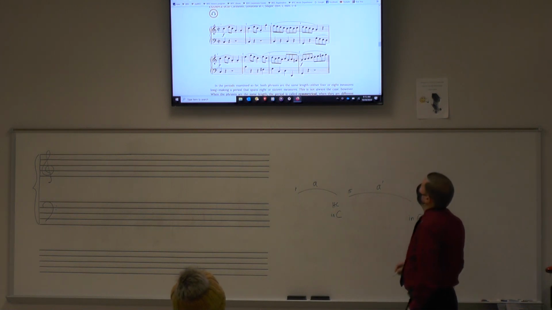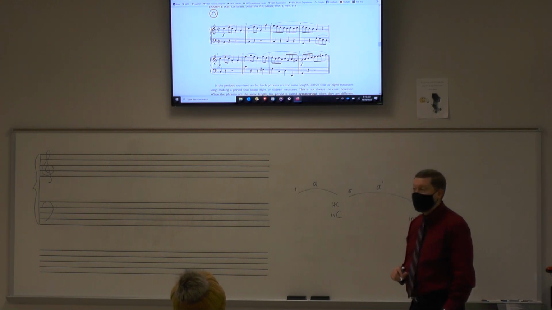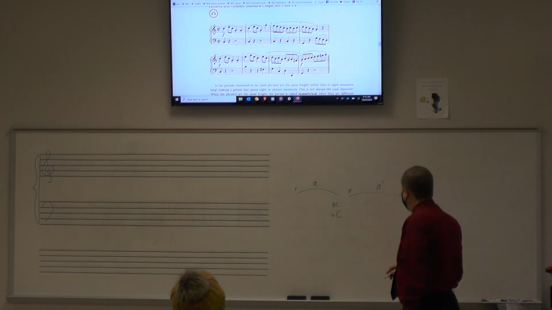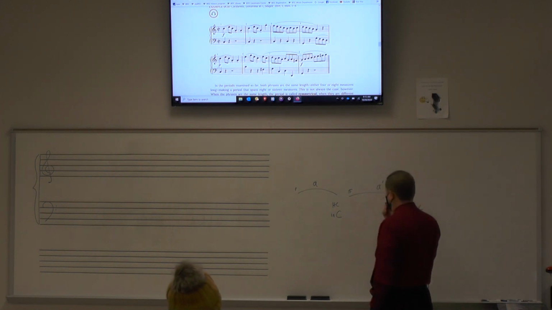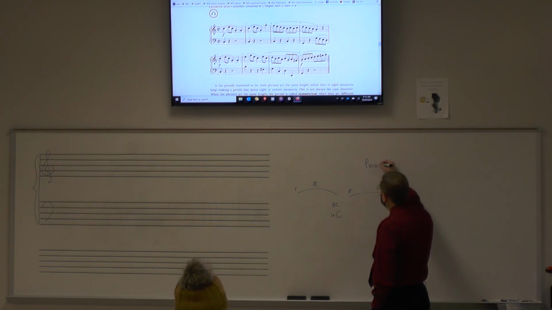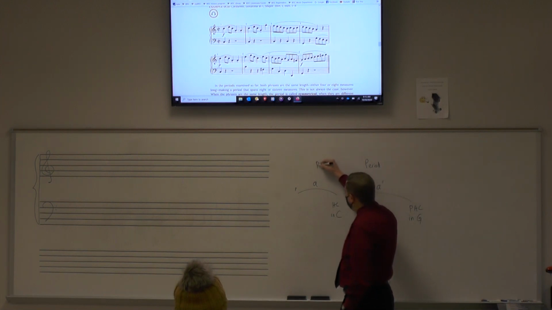And let's see. We don't get full harmonies, but everything's in root position, and we do have do on the downbeat of measure 8 in the right hand, the top voice. So I'm going to say that this is a PAC. Weaker cadence, stronger cadence makes this a period. A and A prime makes it parallel.